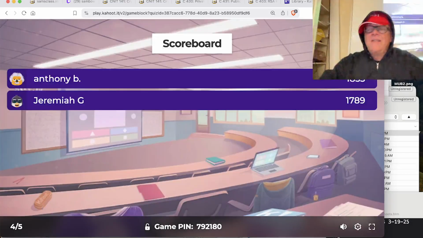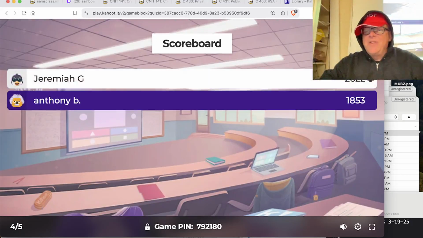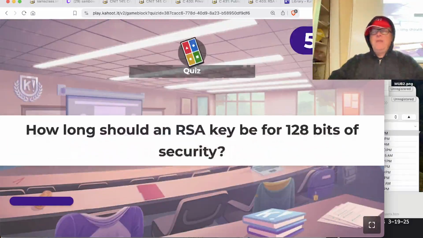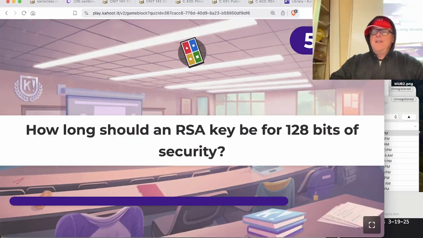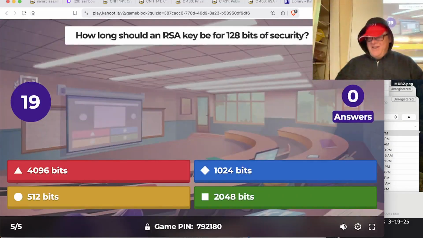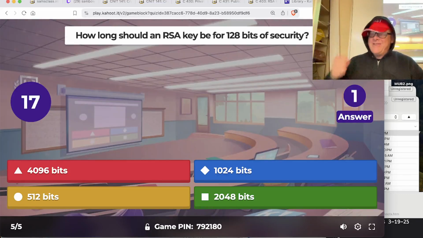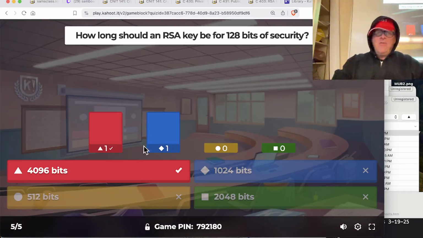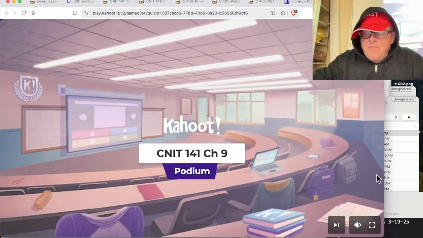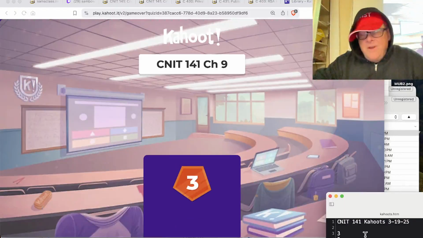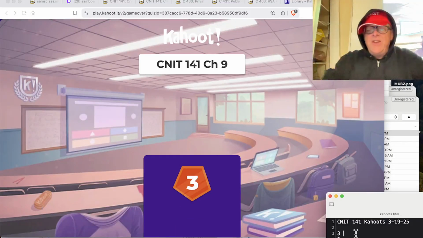All right. Well, you know, this is abstract theory, really. But anyway, how long should your RSA key be to give you enough security? Now, that's a practical answer if it matters. 4096 is what you need. 1024 has not been any good for a long time. Most people are currently using 2048, but they've got to move up. We're hitting about the end of trusting 2048. 4096 is what's recommended now. Or 3,000 something in between, you know.